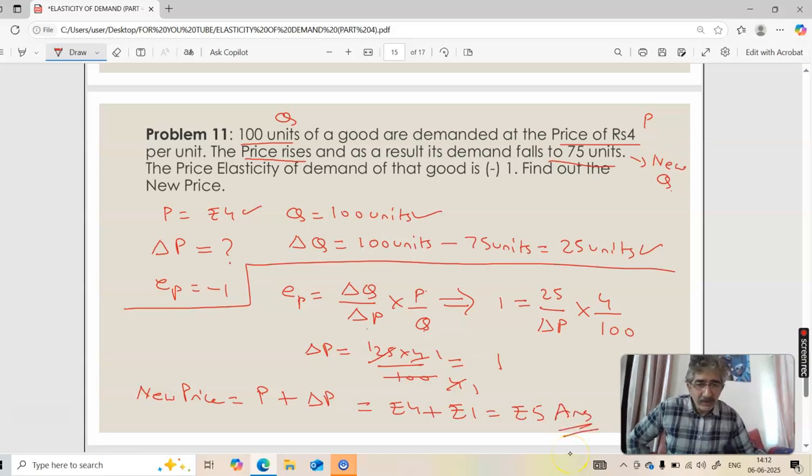Why have I added? Because the price has, it says price rises here. So that's why I've added. Had it been price has fallen down, I would have subtracted. I hope this is clear. Take a screenshot or pause. Let's proceed with the